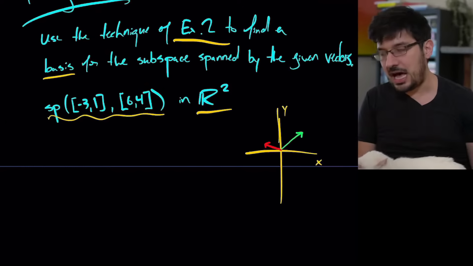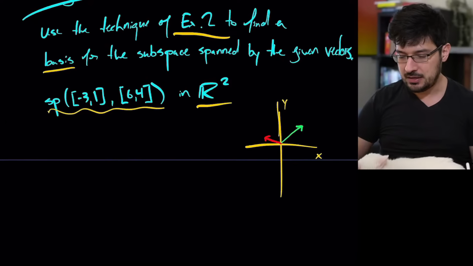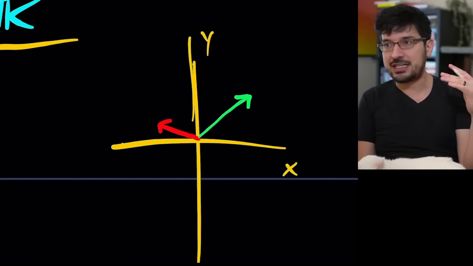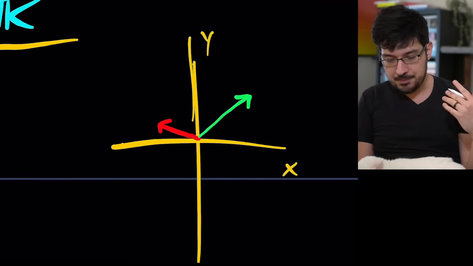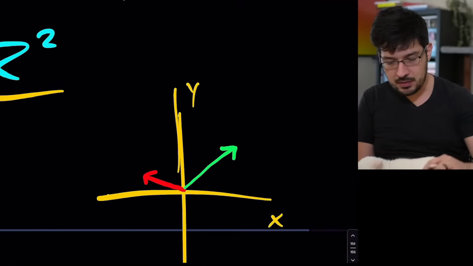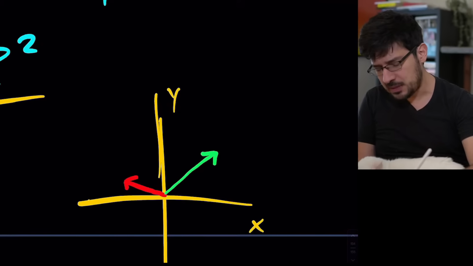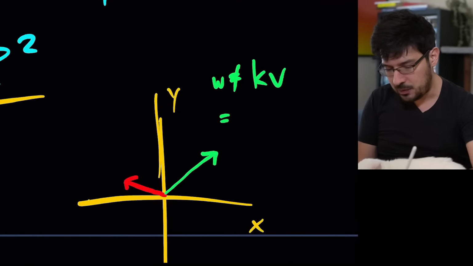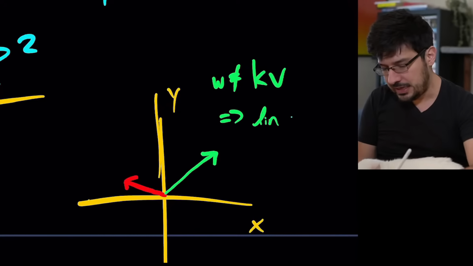These do not lie on the same line. There's a rotation from one vector to the other. So if we call these V and W, W is not equal to any scalar multiple of V. Therefore, linearly independent